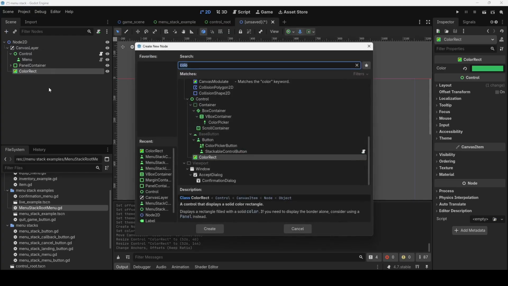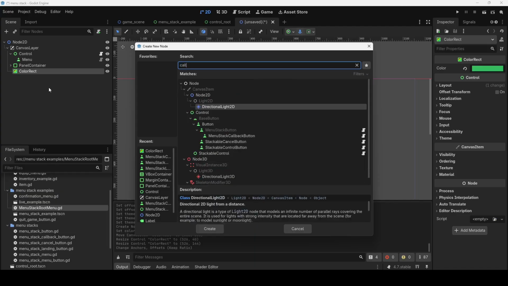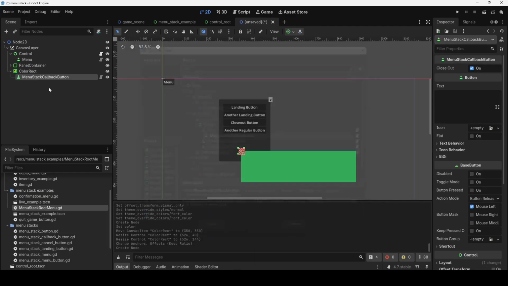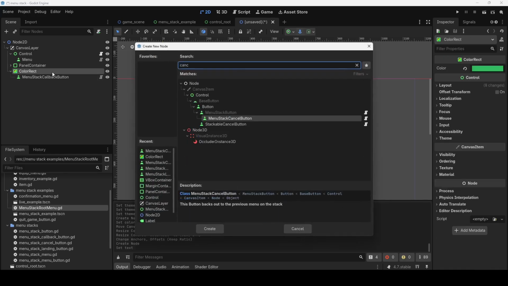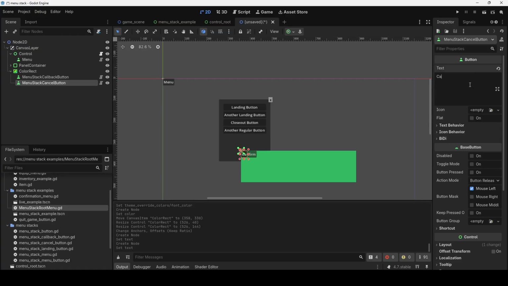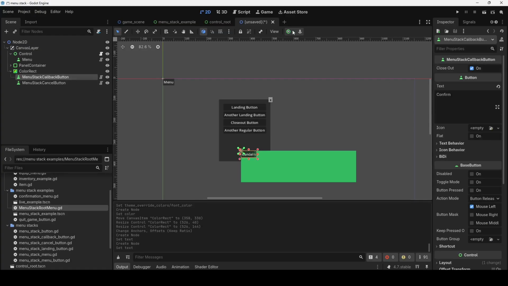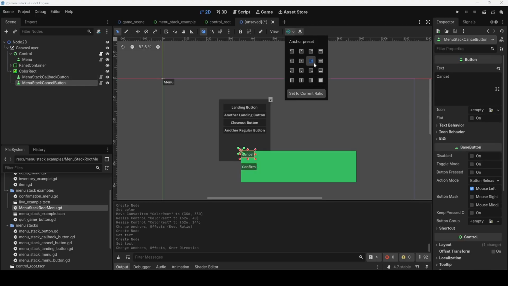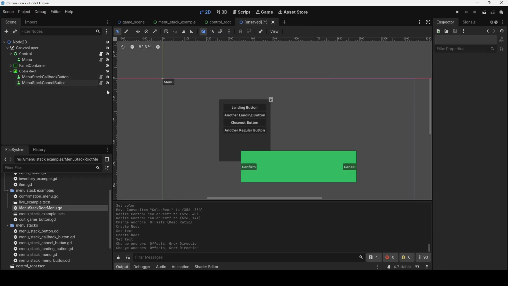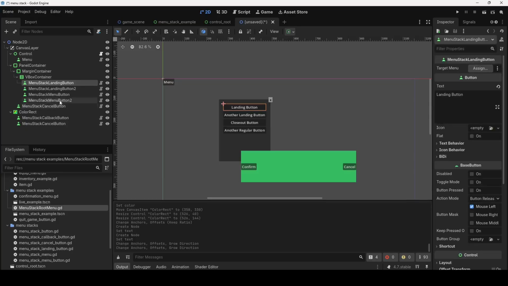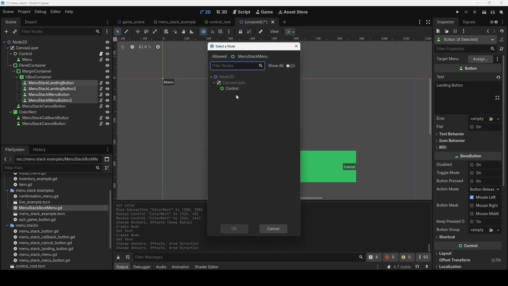Let's give us a callback button. We're going to call this confirm. And then let's add a cancel button. Cancel. We will make this button over here. And we'll make this button over here. And we're just going to do exactly that. We're going to select all 4 of these buttons, and we're going to target them all to